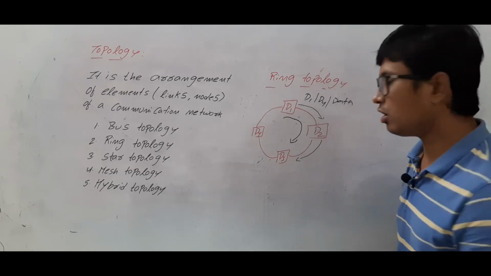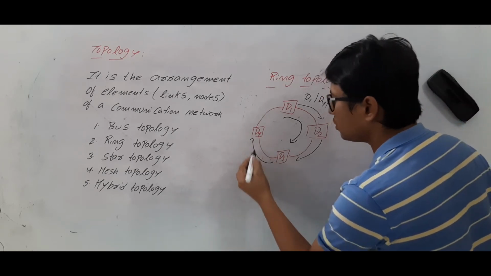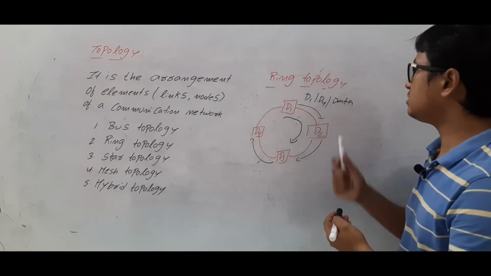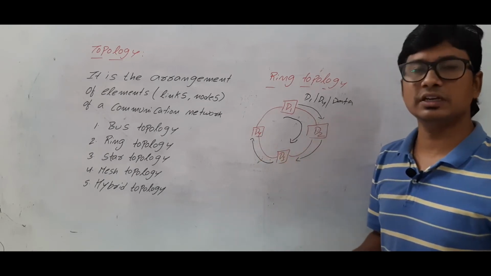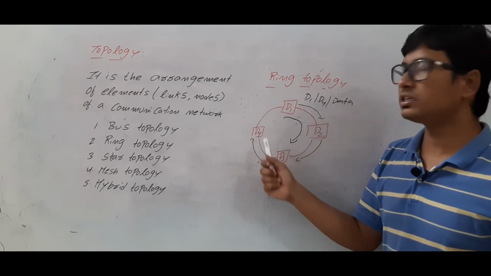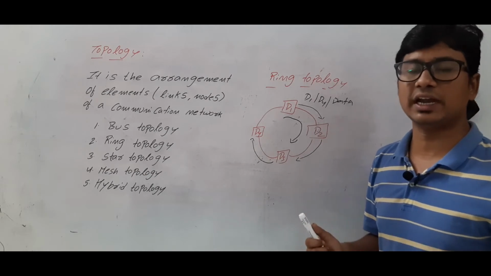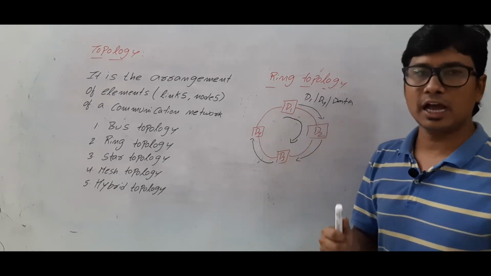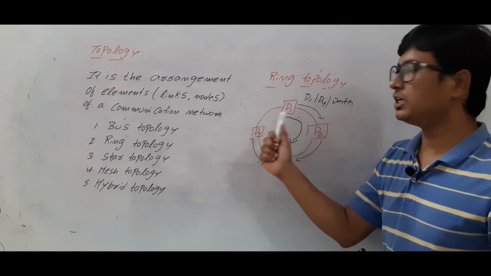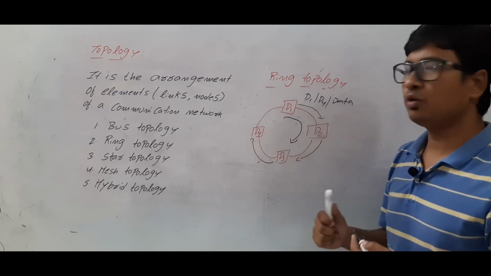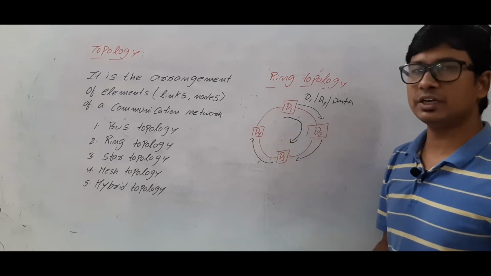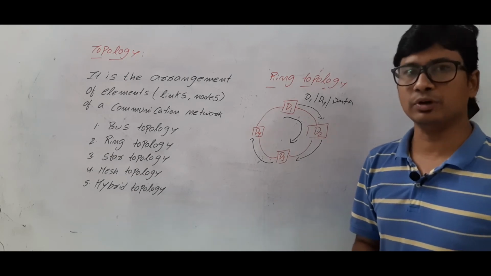No, then it will also not receive it, and then it will go to device 4. Now device 4 will check the destination address, and the destination address and its own address are matching. So it can understand that this packet has been transmitted for me. Then it will receive the packet. I hope you have understood